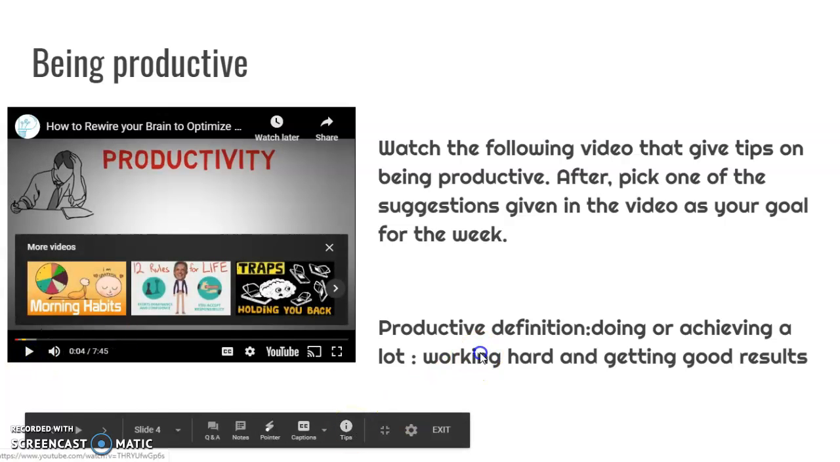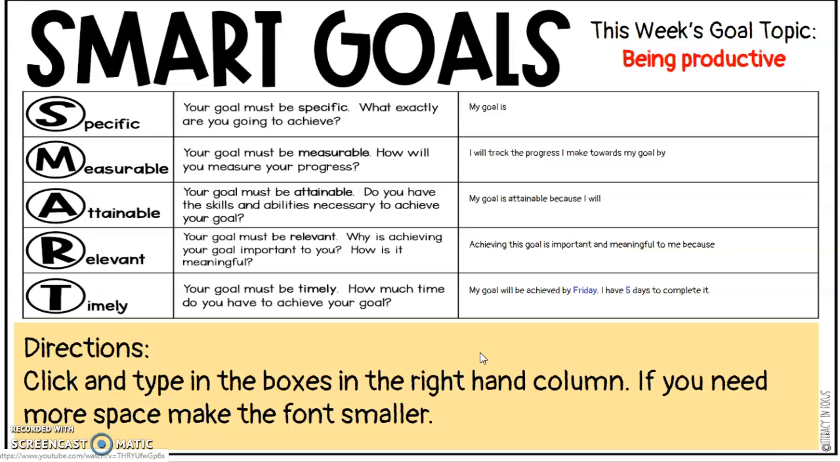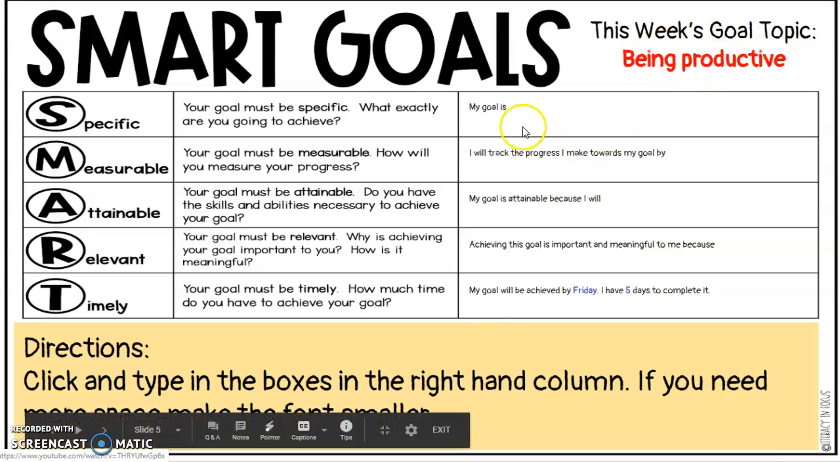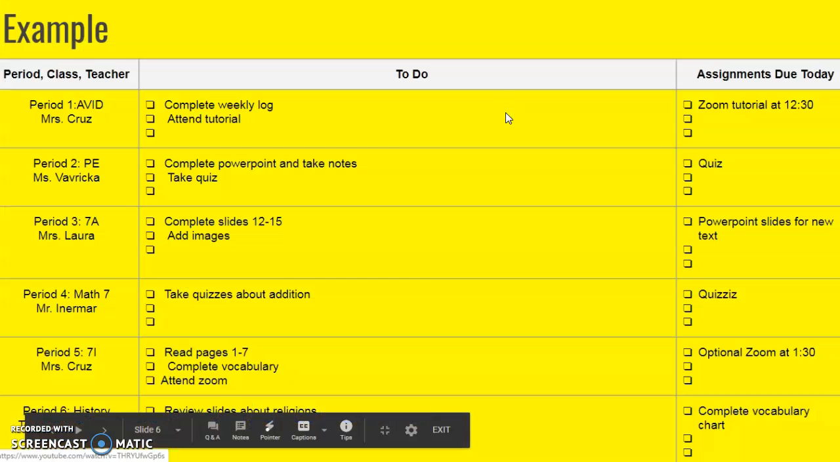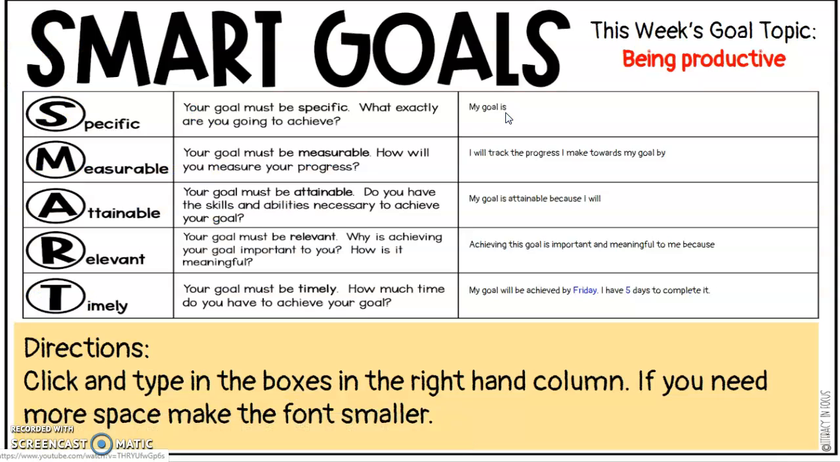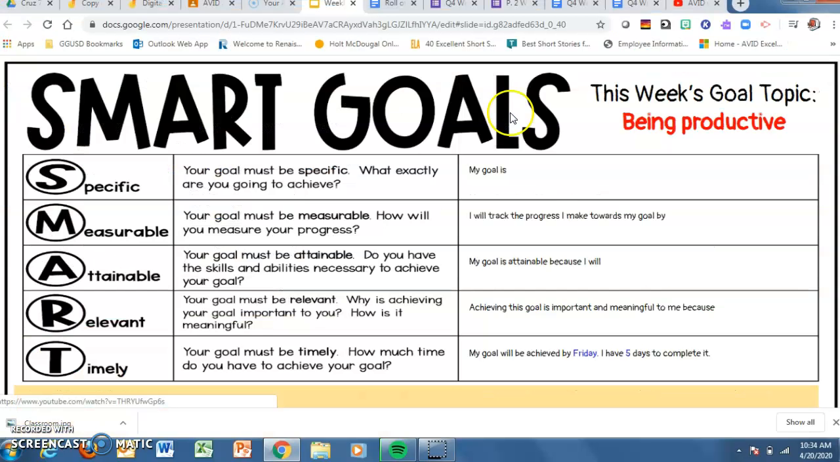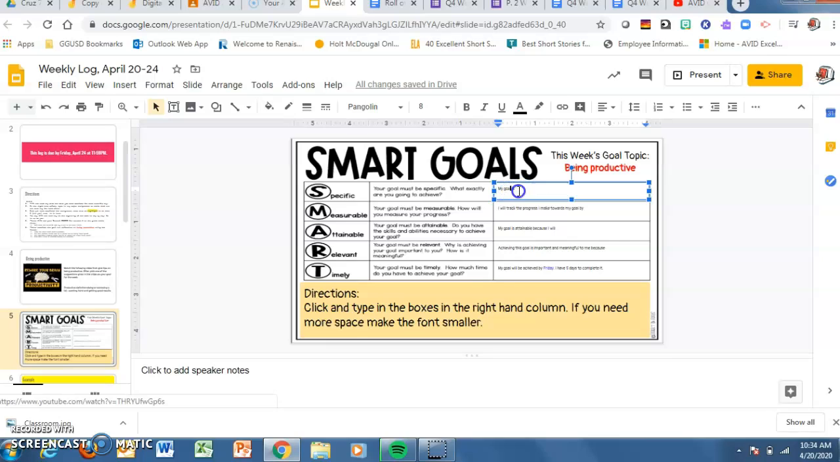Then on the next slide, it has your topic, being productive. Then you're going to set a goal. How will you be productive this week? Then just make sure you type directly on the slide. So you would just put something like, my goal is to be productive by,